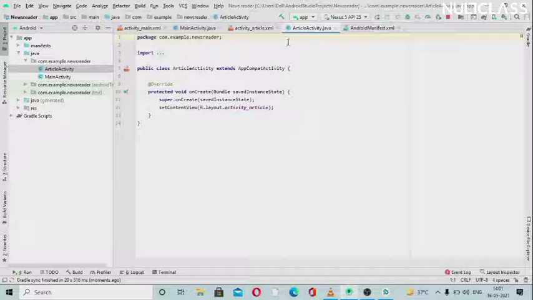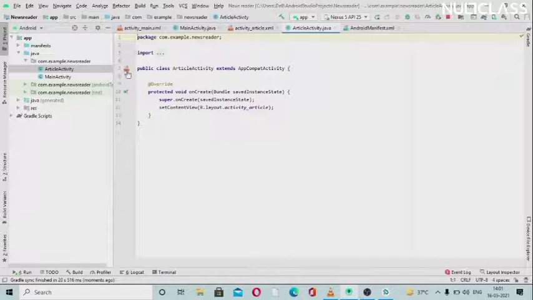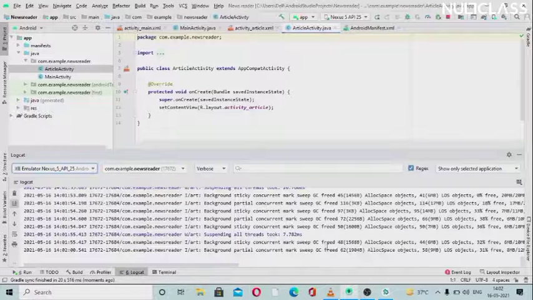So this is done. Now we have added the activity here, so we can connect these activities with the main activity by using the intent. As we know, to connect two activities we use intent. Okay, so let me check if the Logcat is okay.